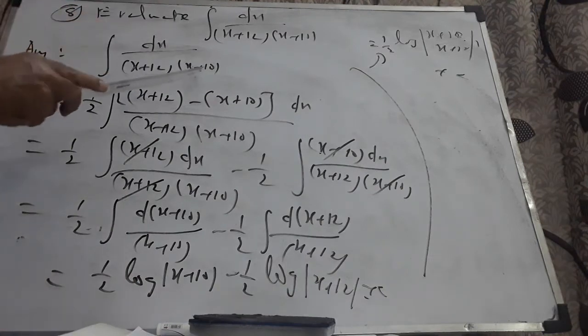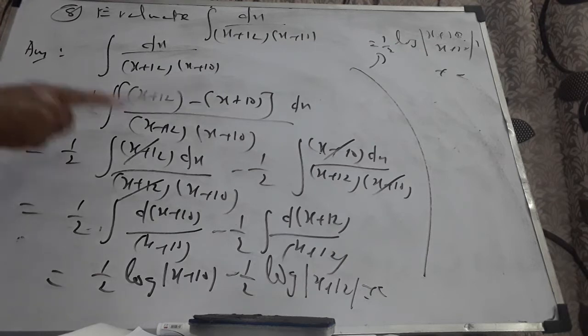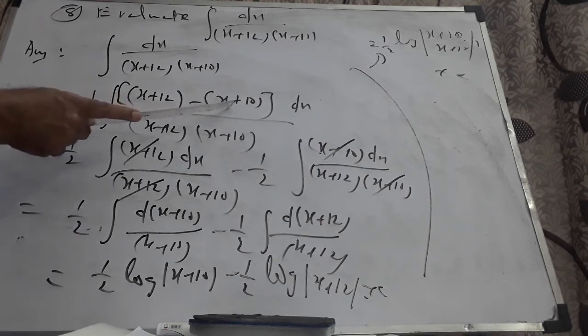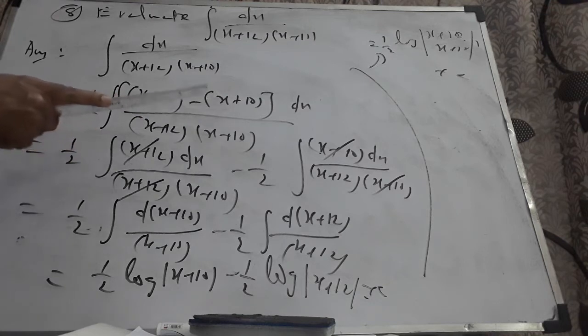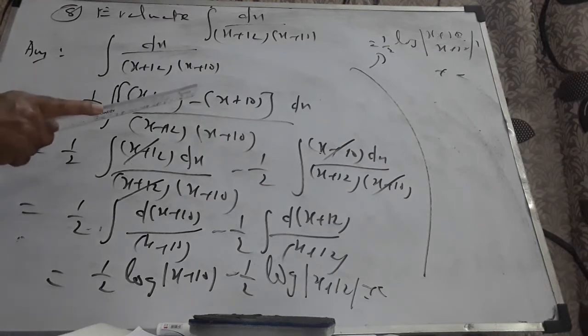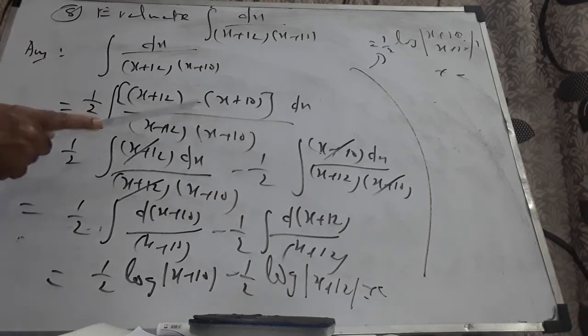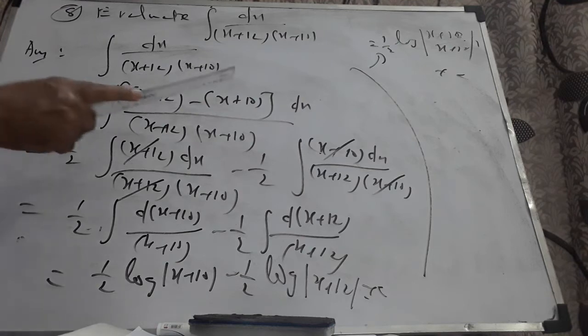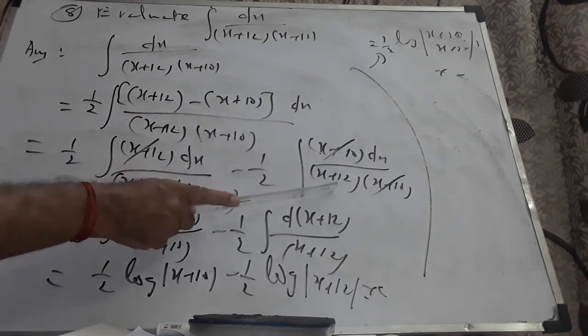It goes like this. Actually, integral dx by (x plus 12) and (x plus 10) is the problem given to you. I will just write the numerator 1 as x plus 12 minus x plus 10. Easy to remember: x plus the greater value minus x plus the smaller value. I write here x gets cancelled. 12 minus 10 is 2. There is an extra 2 I am able to get here. Therefore, divide by 2. I should not take any variable outside the integral. Since it is only a constant, I will be able to multiply and divide by 2. Here the numerator 2 can be written as x plus 12 minus x plus 10. Now divide as 2 individual integrals.